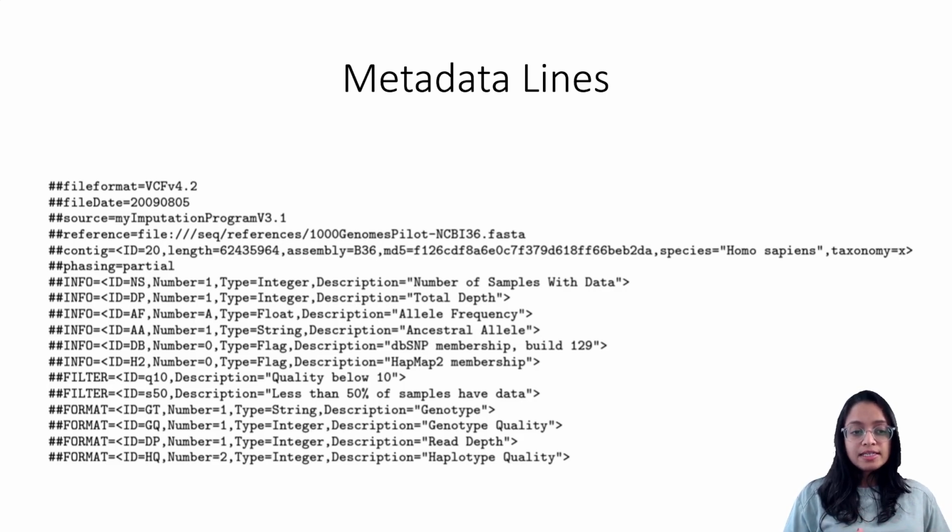Followed by that, we have lines that are starting with filter, and this basically tells us what filters have been applied to our data. And lastly, we have lines that are starting with format, and this is similar to the info lines. So basically, to describe a sample, we will be having information in the data lines for each sample, their genotype,